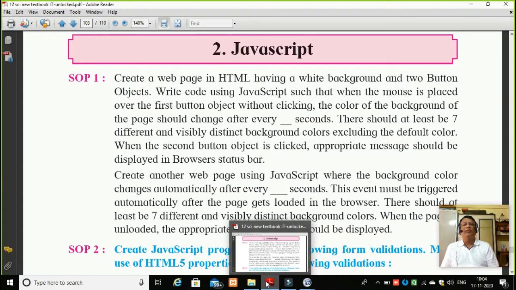Now we have to create a form here and we have to put two buttons on the form. It should have a white background by default. So when you don't give any color, it is white. Write a code using JavaScript such that